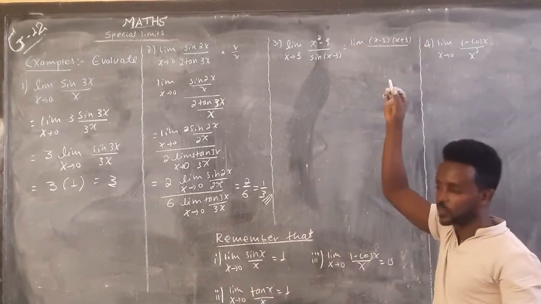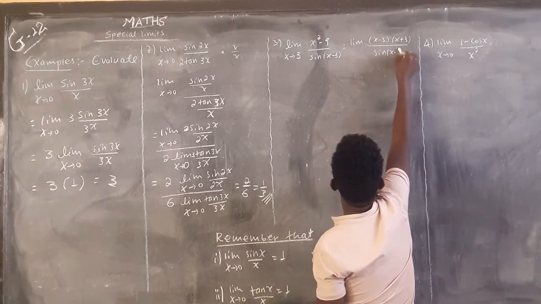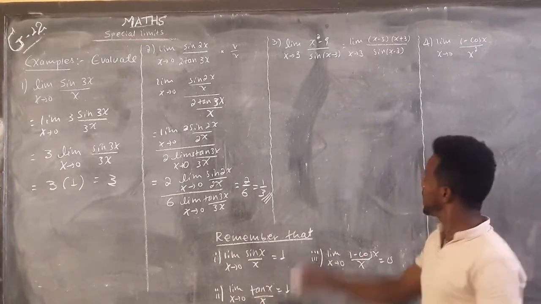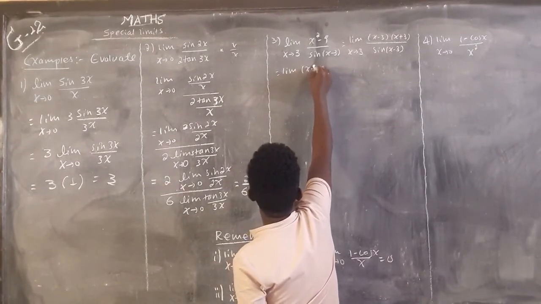So x squared minus 9 over sine of x minus 3 as x approaches 3 is limit of x minus 3